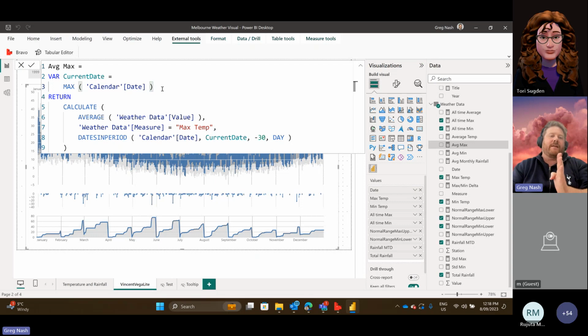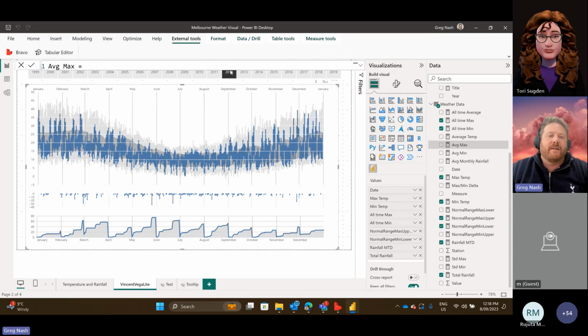So in any DAX formula, you're going to have what's the current filter context. And by the current filter context, we mean, so there's a filter here, 2012. And then on this graph itself, each one of these columns is a filter. So the max date in the current filter context, when I'm on this particular column, is August the 17th or wherever I am here. So that means the max date is going to be August the 17th, because this